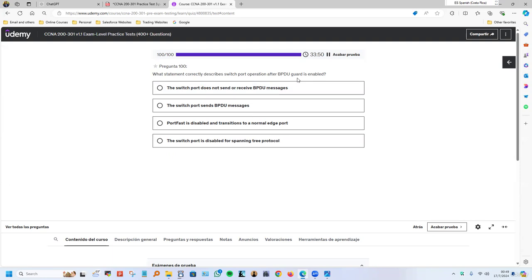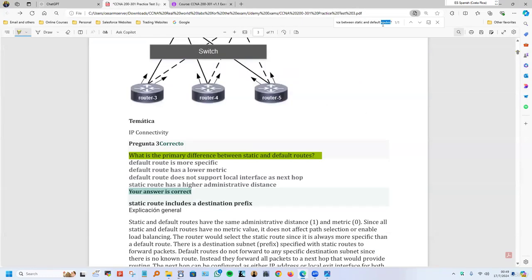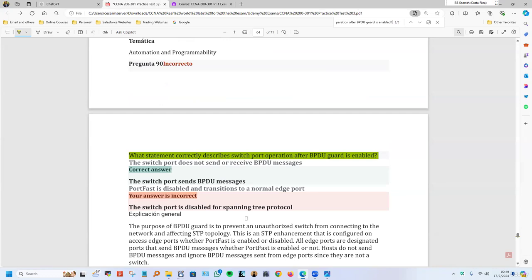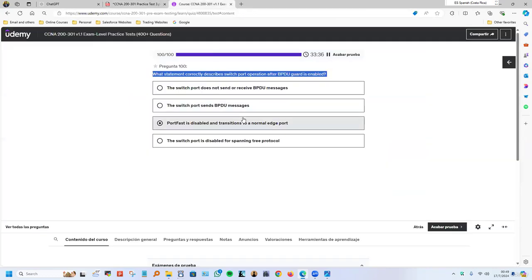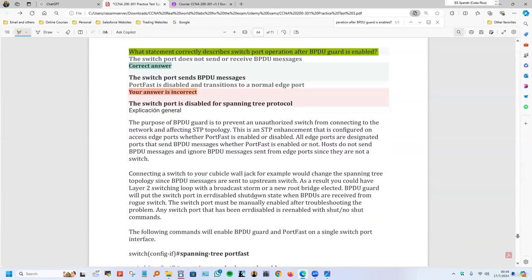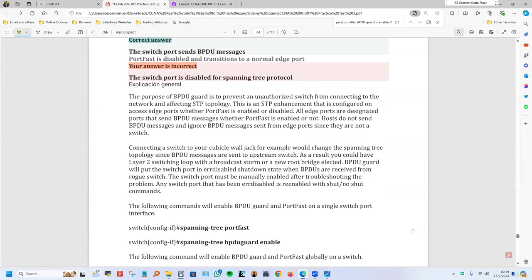Okay, let's go with the port is disabled for now, and let's look this one up. Let's try to understand it with the explanation. It's actually that the switchport sends BPDU messages. Let's understand why. Basically BPDU guard is to prevent an unauthorized switch from connecting to the network after STP topology. This is an STP enhancement that is configured on the access edge ports, whether PortFast is enabled